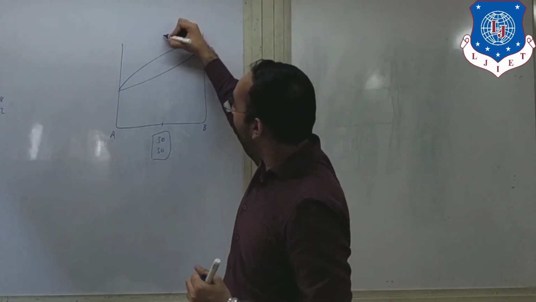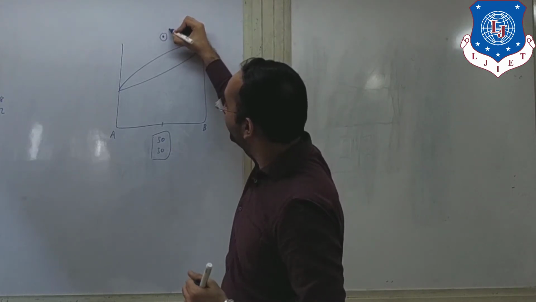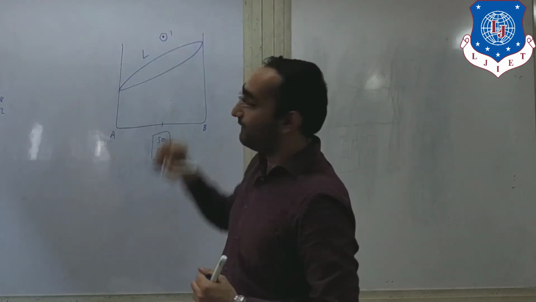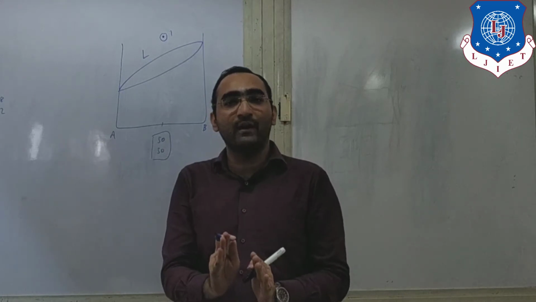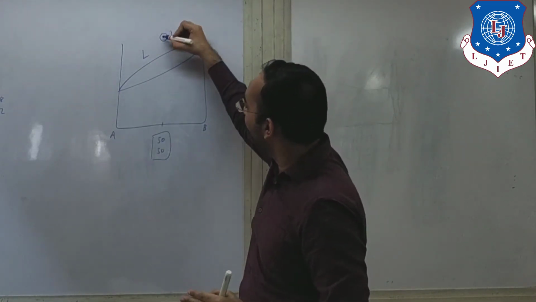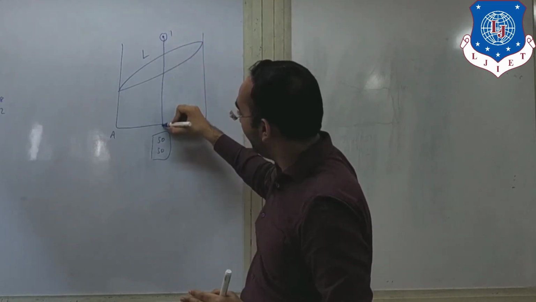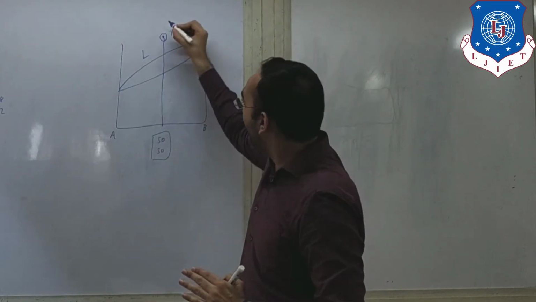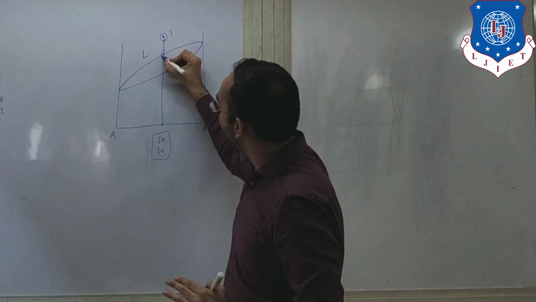So let us start from over here. This will be our first point, that is in the liquid phase. So what will be our first point? The first point always falls under the liquid phase. The same way you have to plot the line from the 50-50. Now come down over here. This will be my second point.